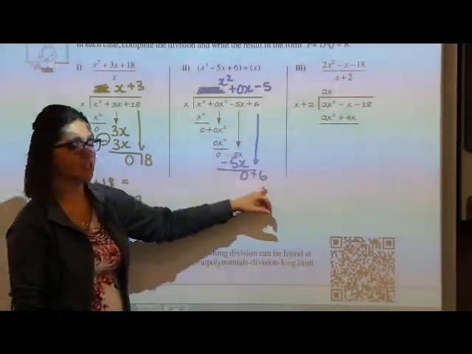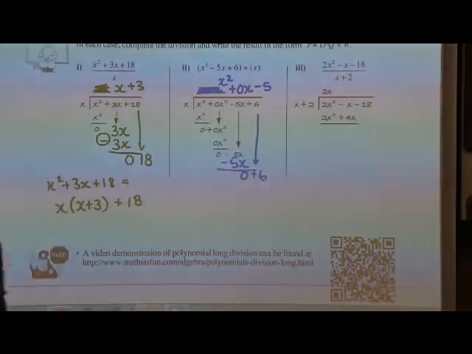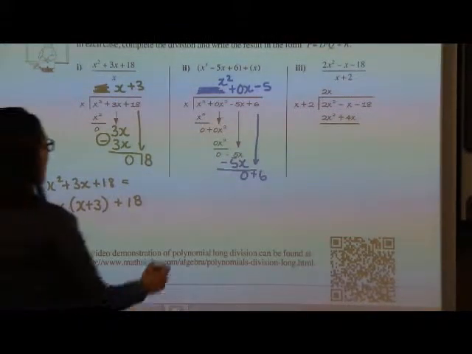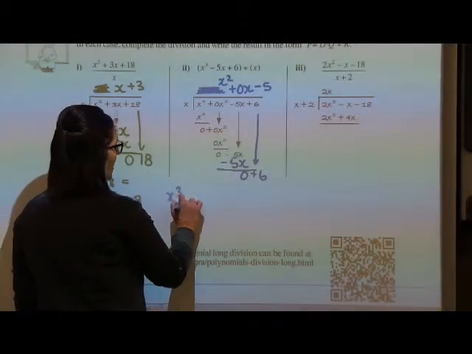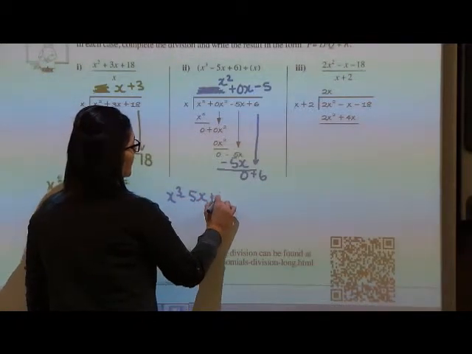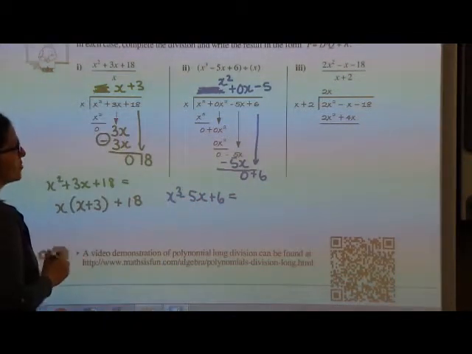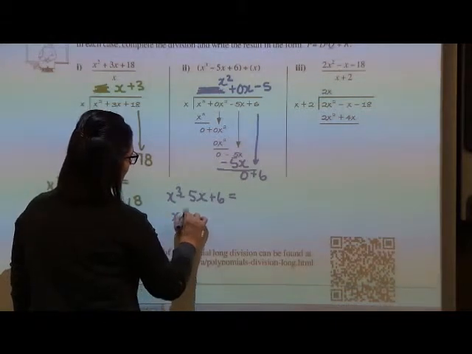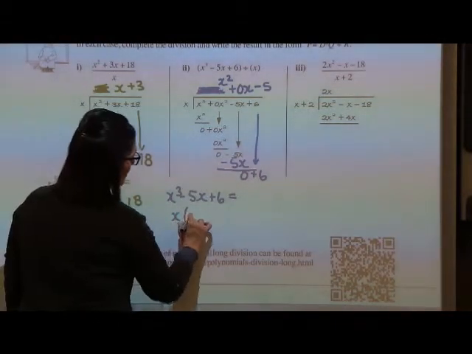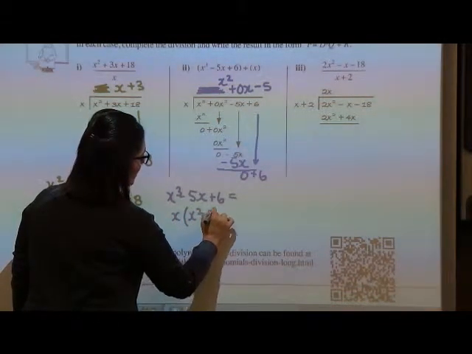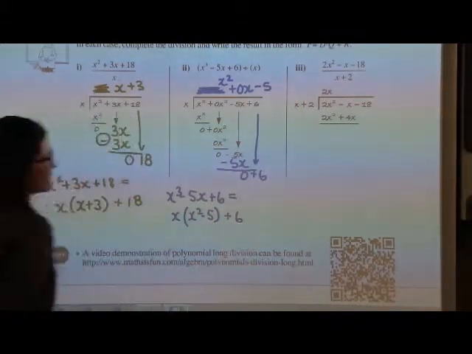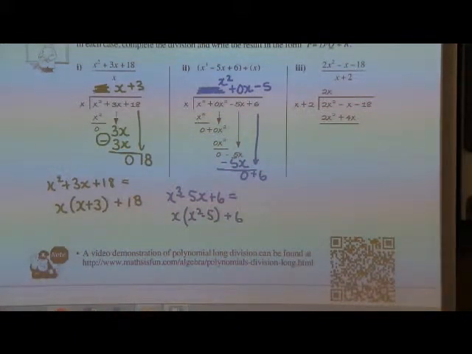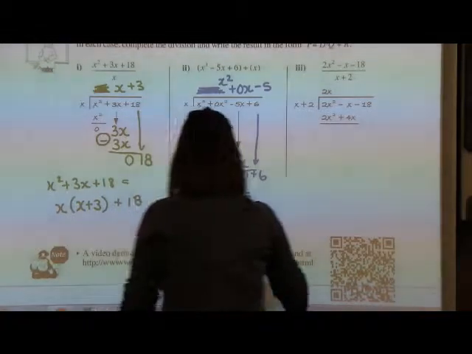And if I'm trying to think of something to multiply by x to get to 6, again, I'm going to be looking at a fraction. So then my polynomial, x cubed minus 5x plus 6, would be equal to my divisor, which is x, times my quotient, which is x squared minus 5, plus my remainder of 6. And then when I look at 3,